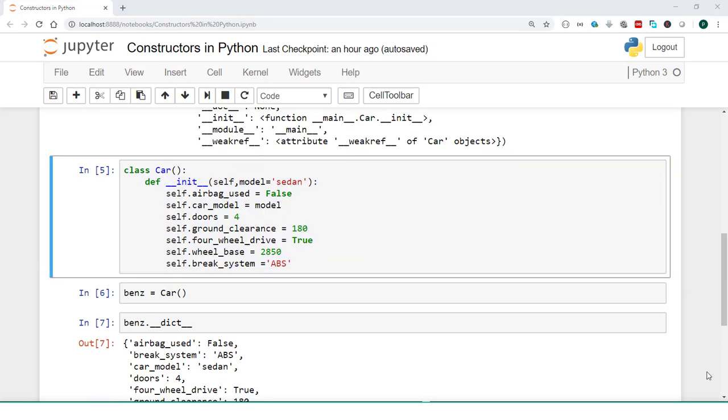With this, we had a thorough understanding of how we define a constructor, how we instantiate a class which in turn will call the constructor, and how we pass the argument values to this constructor from the class. With this, let us wind up our current lecture,